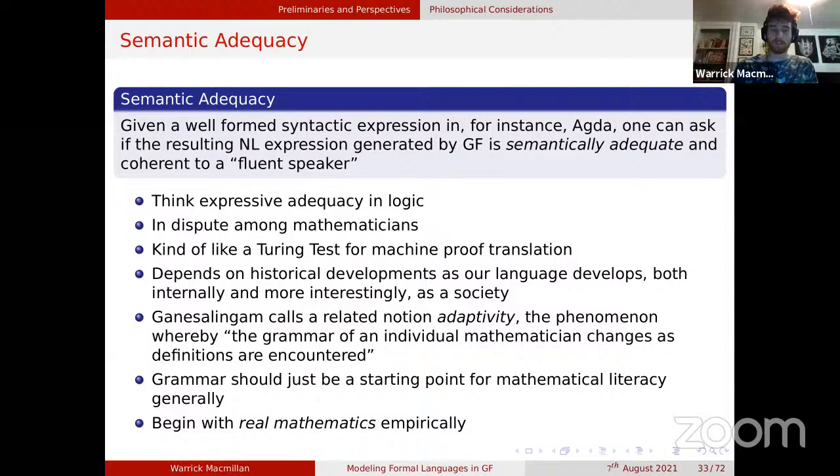If a grammar produces a semantically adequate term, that's kind of like a Turing test for machine proof translation. So will the mathematician know that it was a computer that produced the proof from a formal statement? That's a thought experiment I just wrote down. It depends on historical developments as well, like what is semantically adequate. So